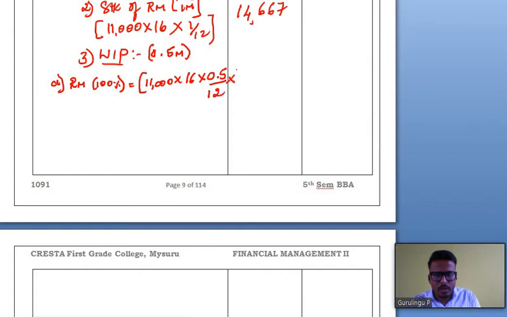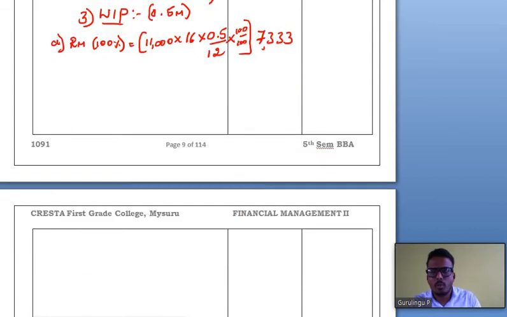Second one, the wages. You take 50% of wages, which is not mentioned in the question. It is an assumption, guys. Always you need to consider raw material 100%, wages 50% and overhead 15%. Again you take 11,000 units, and we'll see the wages per unit given here, which is 4 rupees. So 4 into the number of months, 0.5 divided by 12, into 50%. When you calculate this, you will get 917 as the answer.